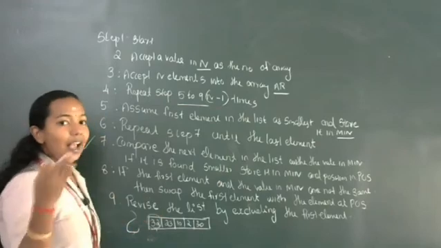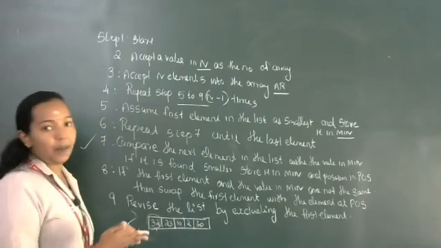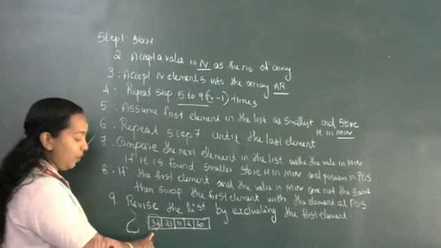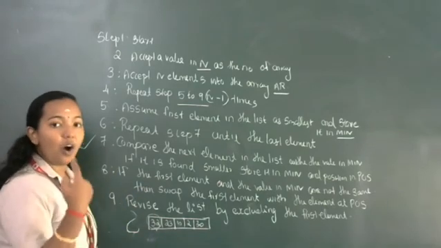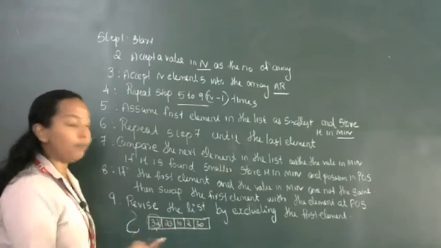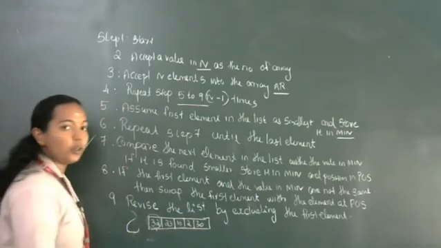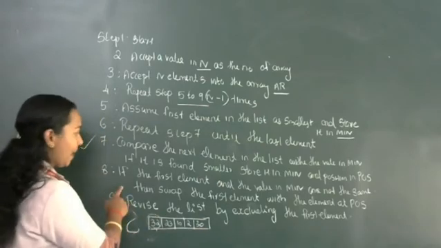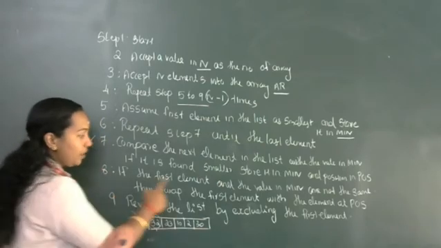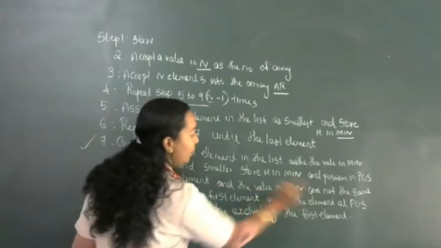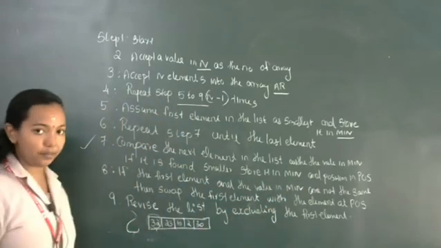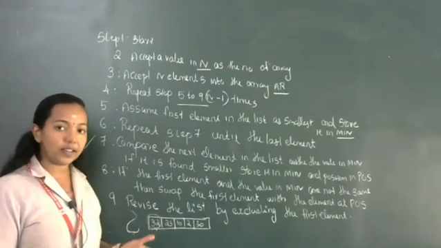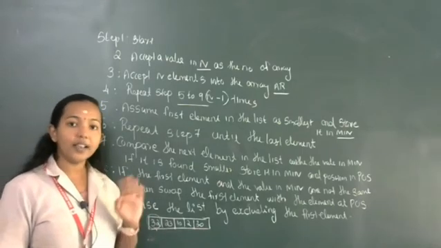So at the end, after the first pass, at the beginning stage the value of min was 32. After all the comparisons, the value of min is now pointing to which location? The third location, for value 2. So what is happening in the 8th step? If the first element and the value in min are not the same. Is it the same? What is the first element? 32. And what is the value present at min? 2. Both are not the same.